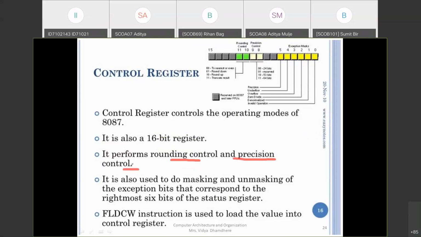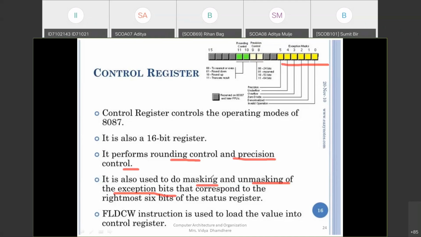Then it is used to do masking and unmasking of the exception bits corresponding to the rightmost 6 bits of the status register. These are the 6 status register bits, 0 to 5, indicated by the yellow. It is used for the masking and unmasking.